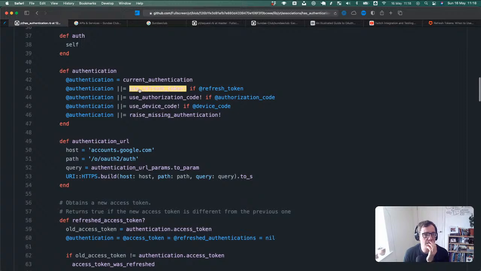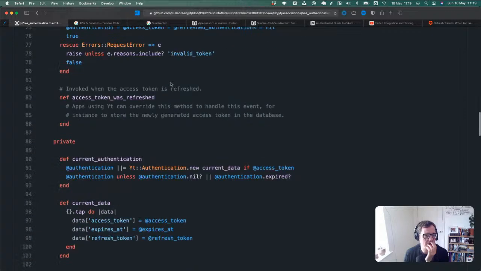So authenticate. Okay. So the current authentication, we set it up, and that defines authentication. And if it's nil, then it goes off to make a new authentication object with the current data, and the current data is this. If there's an access token, okay.